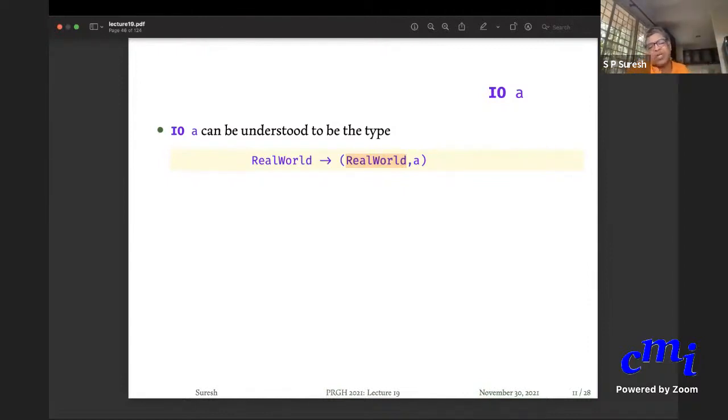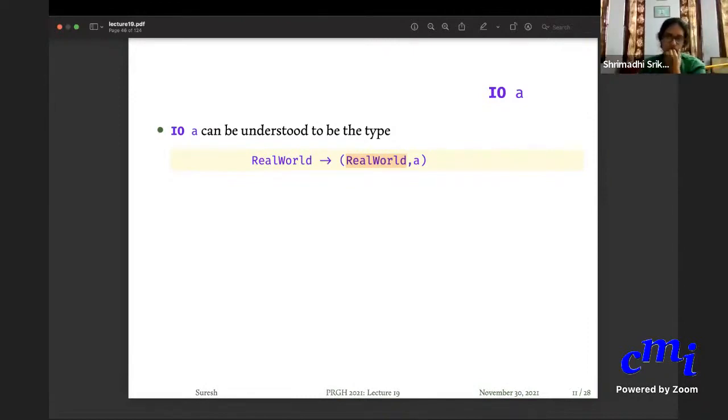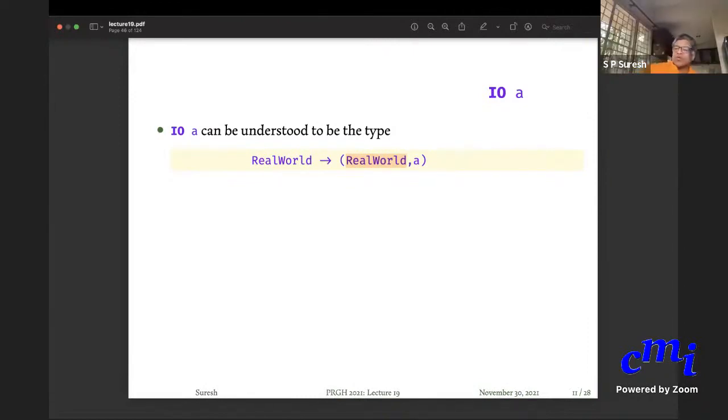One example of IO string is this function called getLine, which doesn't have any input, but it waits for the user to enter a line and it consumes that line. And that is the return value for the function. The change in the real world is that a line has been read. So internally in your machine there will be some pointer or whatever which will keep track of how much it has read of the user input, and that pointer has advanced. That is really the change in the real world, but the return value is a string. We'll come to that in a minute.